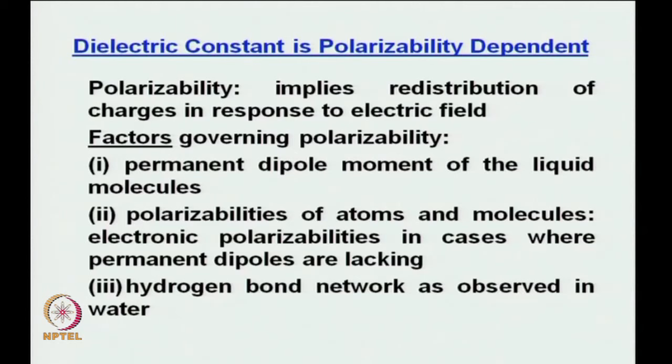Because if you have a permanent dipole moment, you will be having a positive and negative end, and they would orient themselves with respect to their attractions and repulsions as given by the two charges Q1 and Q2, whatever the charges are. But suppose you do not have a very huge dipole moment. That means you typically take organic systems, organic liquids, right, hexane, heptane and all these things. Now, their dielectric constants, I will show you a table in the next slide, their dielectric constants are very low.